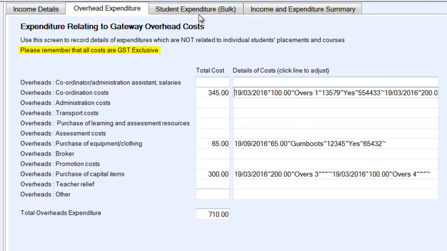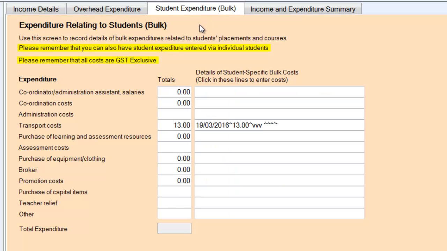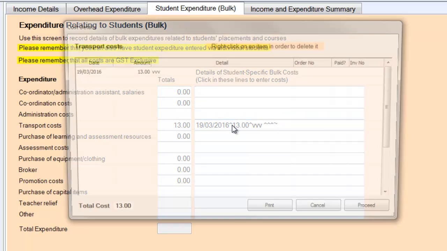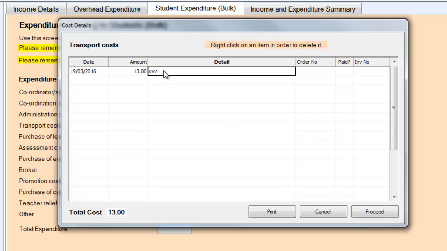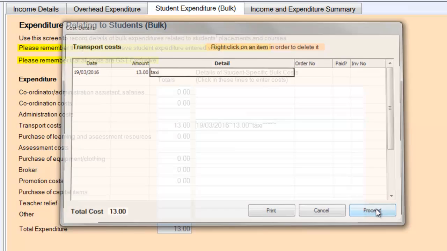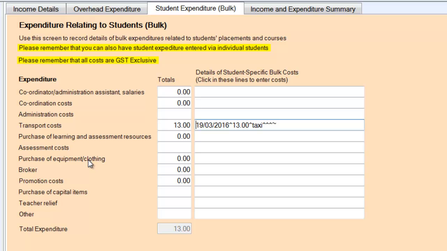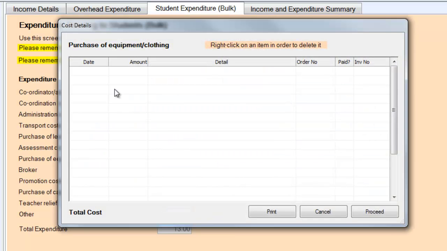Let's turn now to student expenditures, which are done in bulk. This works in exactly the same way, and we can see that we put in a $13 charge. We can't see what it's for, but let's say it was for a taxi. And now let's put in some purchase of equipment and clothing, and we'll say on this date we spent an amount of $134 on raincoats,